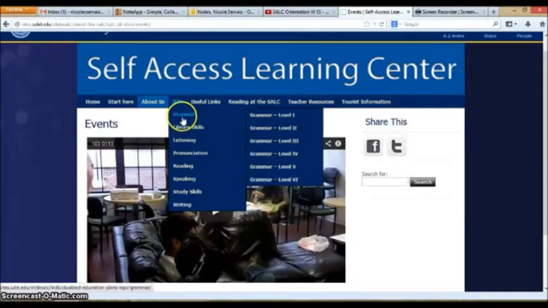And you can see when I mouse over these topics, another menu appears to the right with the level of the skill. This refers to your class level. So if you are in Reading Writing Level 4 and you want to practice grammar for your class, you would come to Grammar Level 4. When you click on the level,